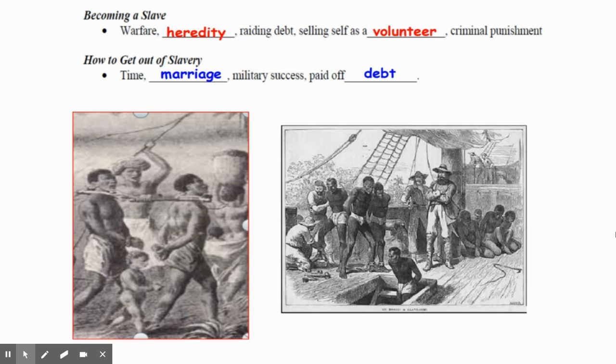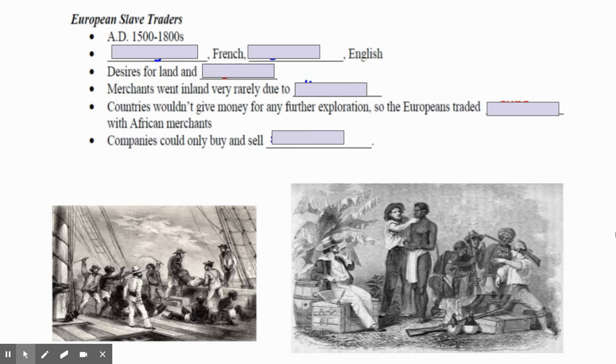As far as the ships that were used in triangular trade, the goal was to put as many people onto a ship as possible. And as a result of that, we're going to have some issues with sanitation and disease. And in many cases, those are going to be some of the things that are going to cause problems when we talk about the triangular trade and the journey.